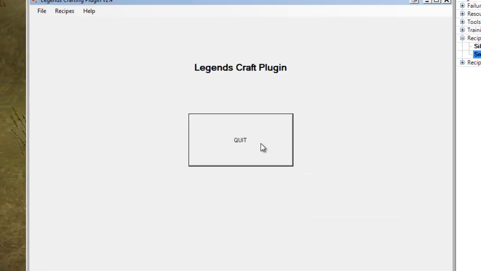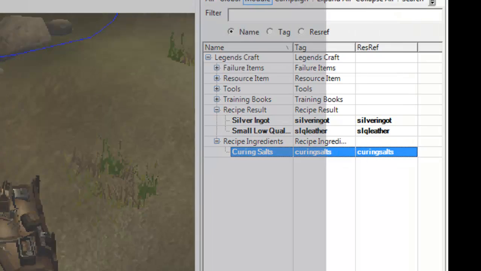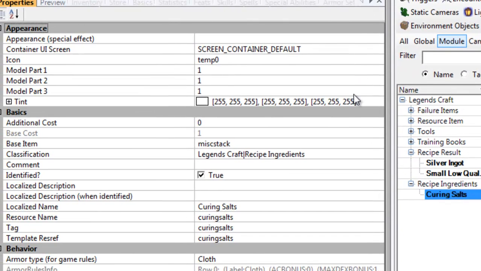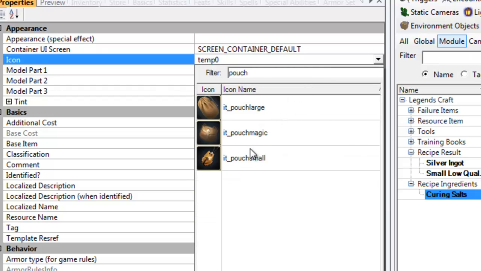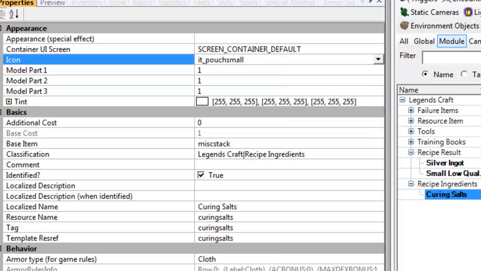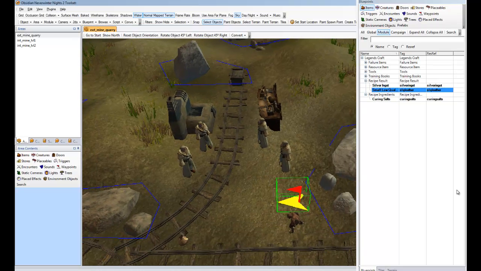So we'll finish that. Now we'll notice that this popped right up here, curing salts, and again, same thing. We want to give it a new icon. Now we're not going to have to do the update icons because this is not a recipe result. This is just an ingredient. So we're not going to need to do that. There we go. But one thing we're going to want to do is include those curing salts in our store,